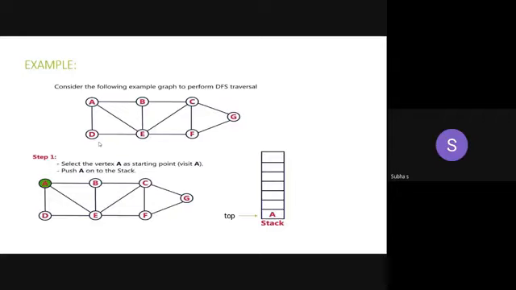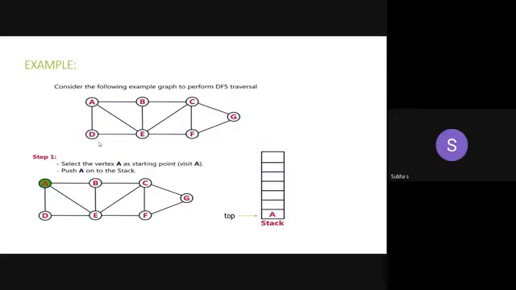Okay. Then find the adjacent vertices of A. In BFS, we wrote all the adjacent vertices. Here there are 3 adjacent vertices for A: B, D and E. We wrote them one by one in the queue.